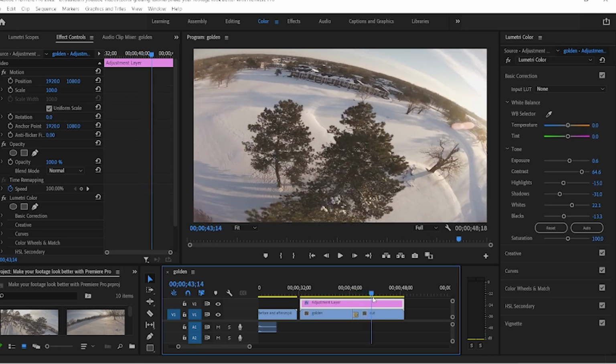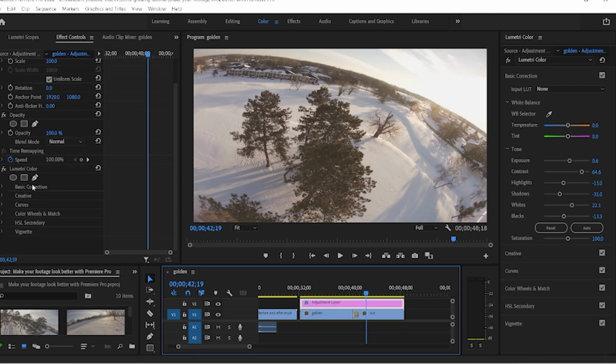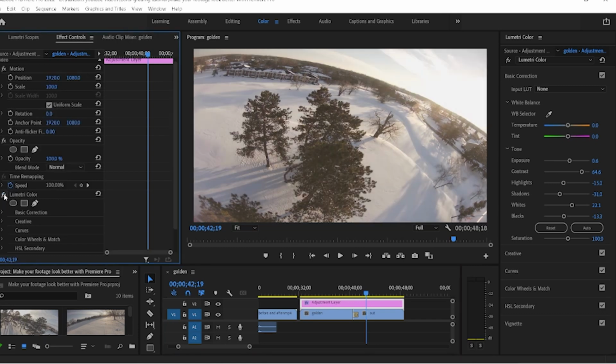That's on both clips now. If you want to see the difference, you click on your adjustment layer where the changes are made, see a Lumetri color here. You can toggle that effect on or off. Much better.